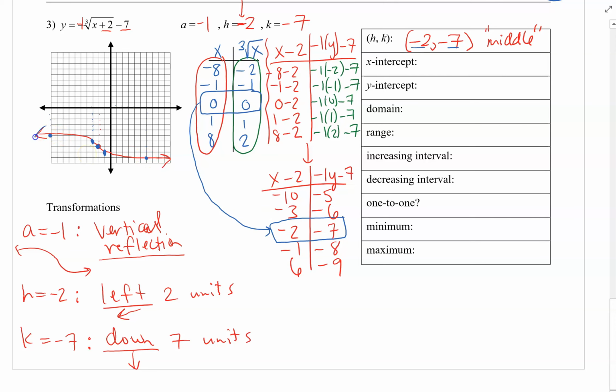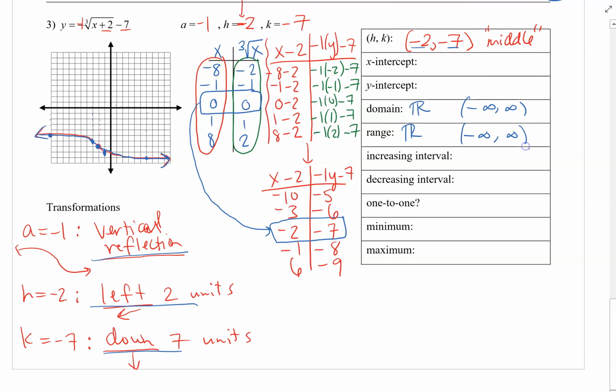But it looks almost spot on to the actual transformed function, because you can get an idea just by knowing these changes. Vertical reflection, left 2, down 7. These points also did the same thing. So you can see the domain, again, is all real numbers. I'll put the interval notation for that as well. And so is the range. They always will be for a cube root function because your function's allowed to have negative and positive inputs and